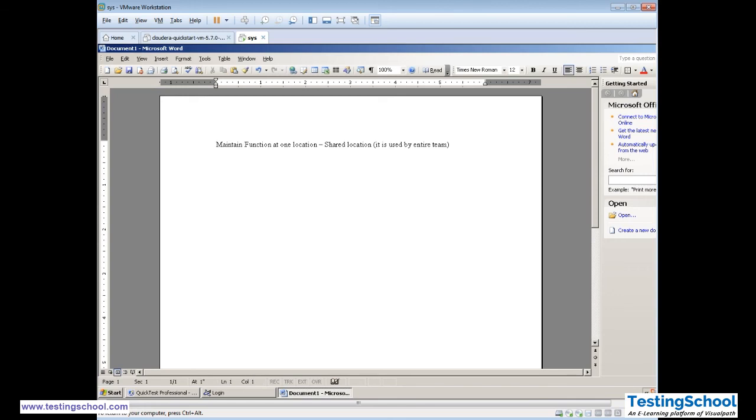Maintain the data sheet or test data in an Excel sheet.